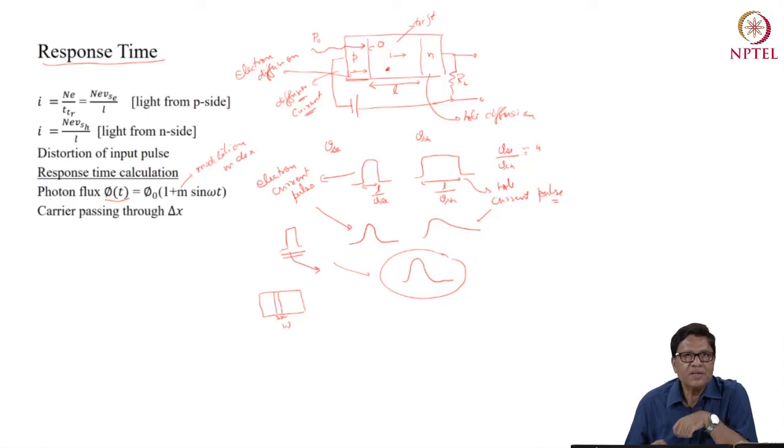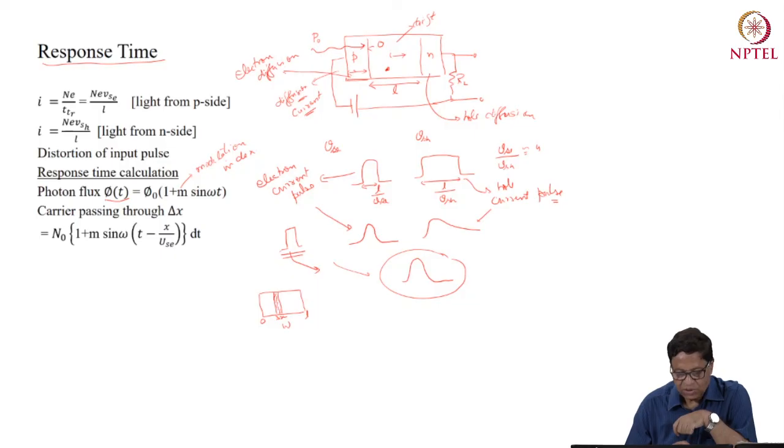So let me see the number of carriers which are passing through this small portion delta x, and then we will integrate this from 0 to whatever the length is. Suppose the length is L, up to L, right? And then find out the total carriers which are generated. So if I want to calculate the carriers passing through this delta x, which is a thin slice of width delta x,